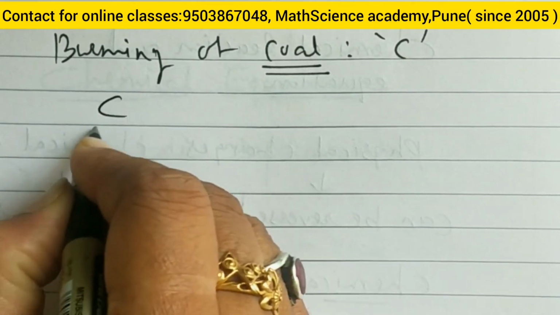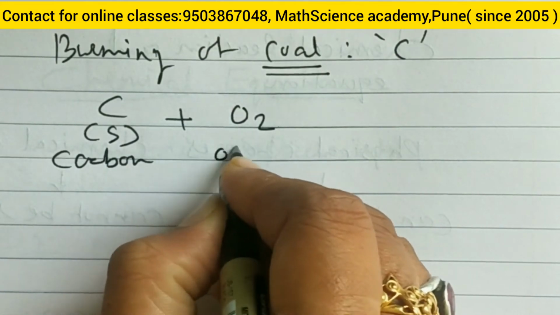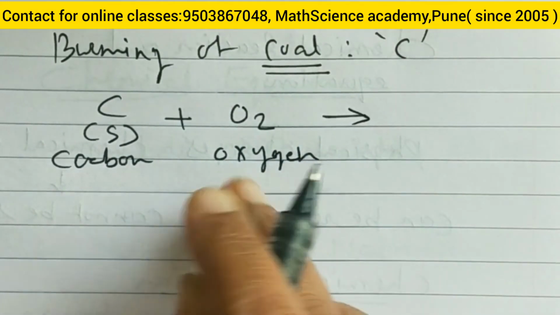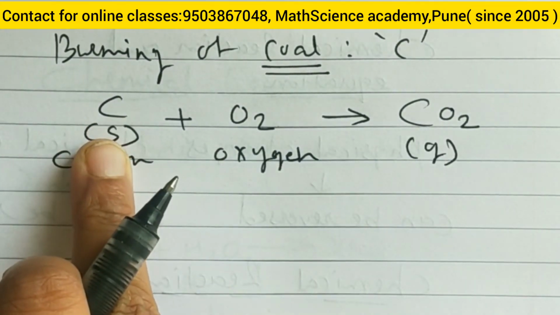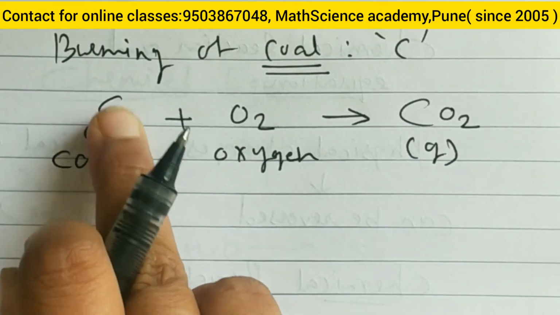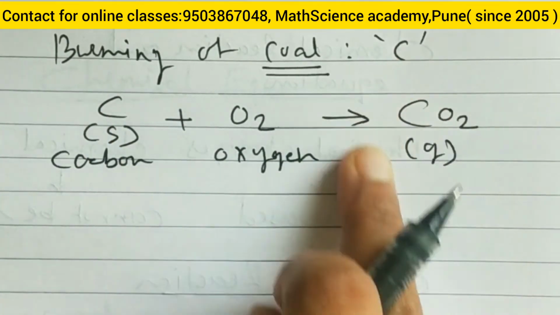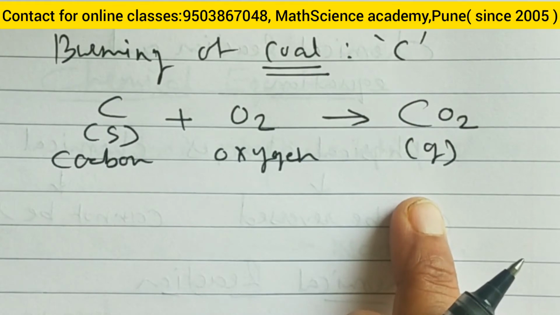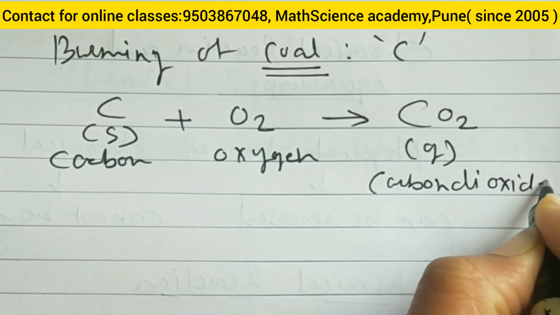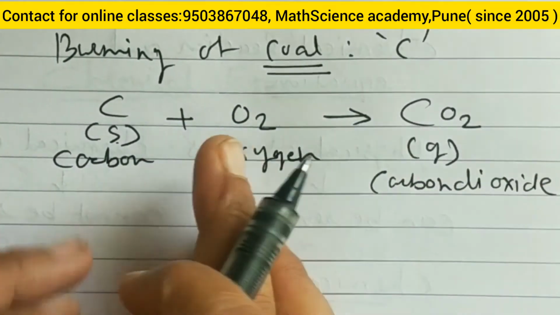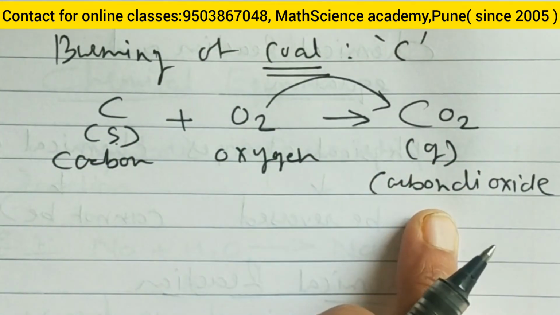So when carbon in solid form reacts with oxygen from the air, it will produce carbon dioxide gas. As we know, when we burn any object in air, it always reacts with oxygen, and the black smoke we always see is the same thing, carbon dioxide. So this is the product, and here we can see that two or more reactants combine with each other and form a single product, and this is known as the combination reaction.